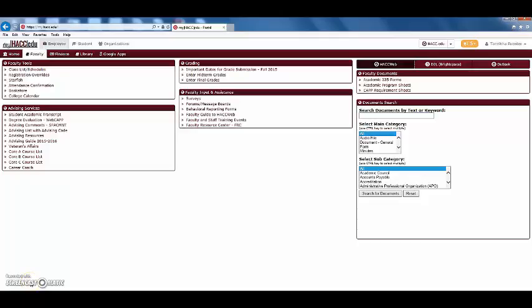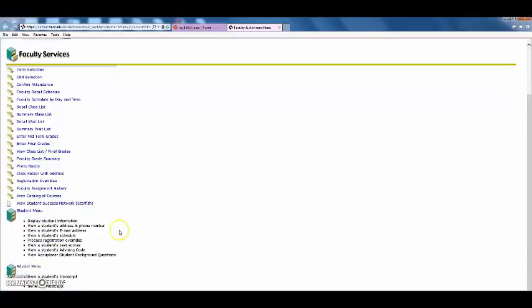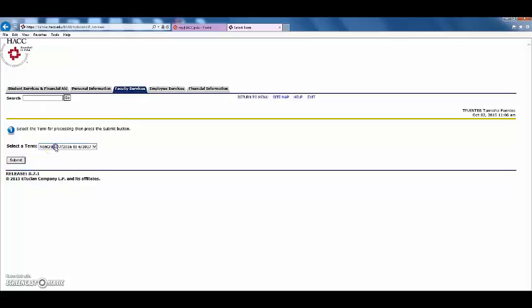Another way to access your Advisee list is via the Hack web portal. The benefit of doing this is having the ability to view more student information and to pull the Advisee list into an Excel document. So once you're in your Faculty Services tab of the Hack web portal, you'll scroll down to the Advisor menu, Advisee list, select your term, submit,